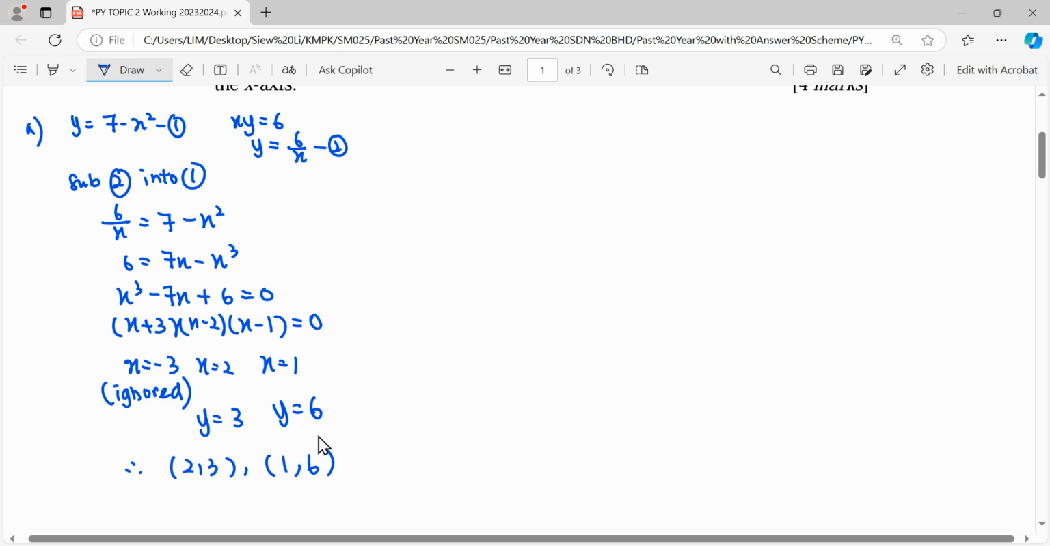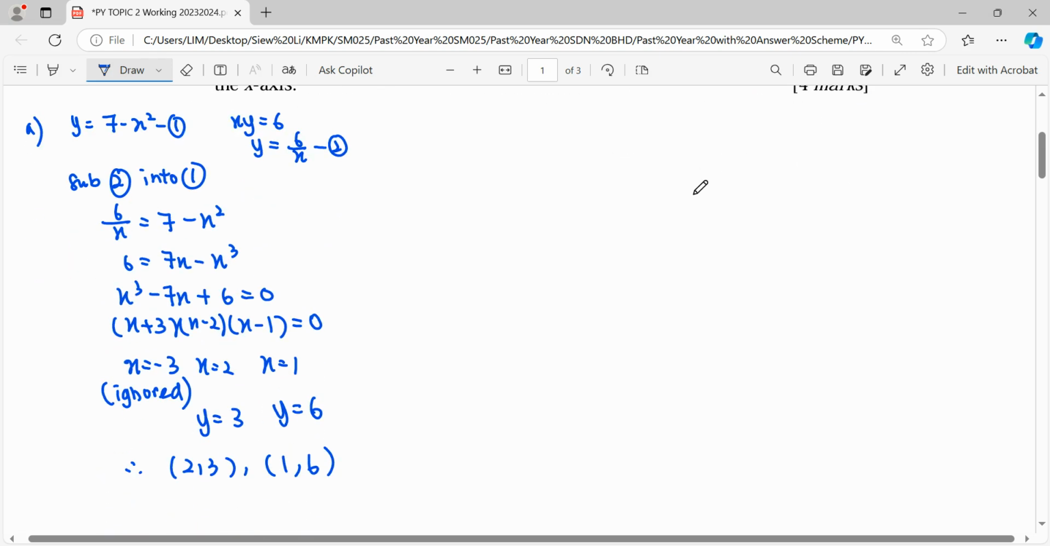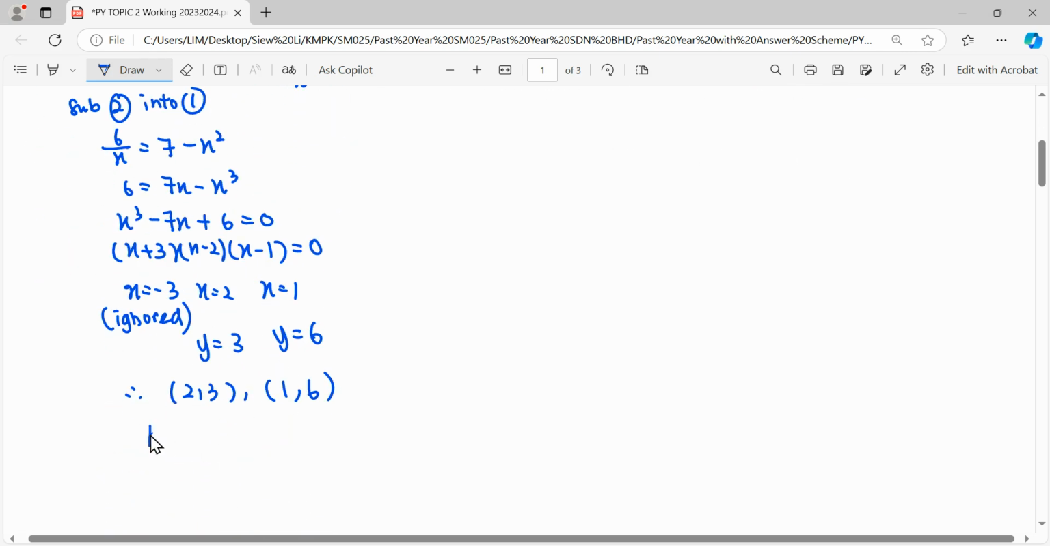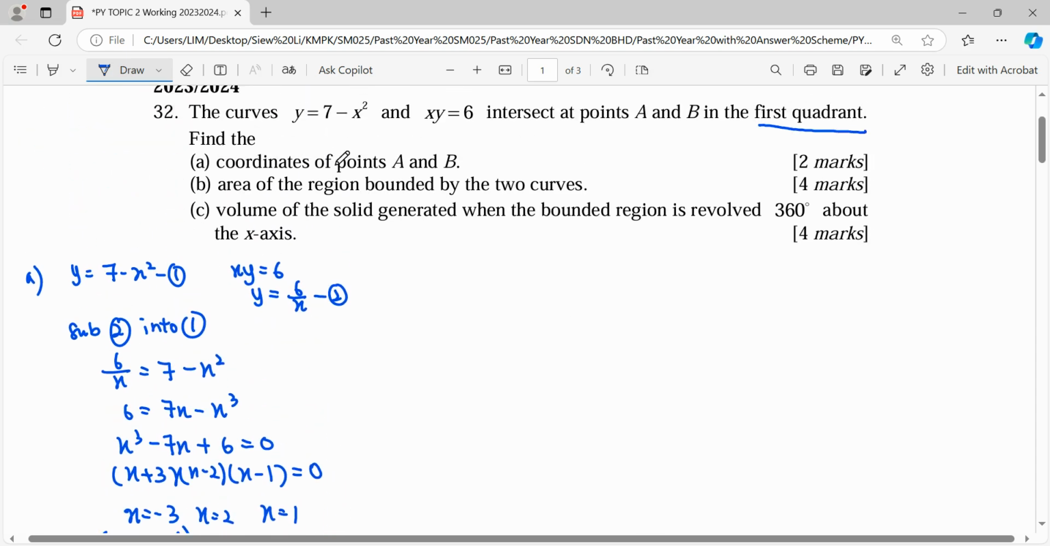So we arrange in order because it said point A, after that comes point B. So arranged in order, A is (1, 6), B is (2, 3). So this is the intersection point we can find for question A. And then we continue to question B,